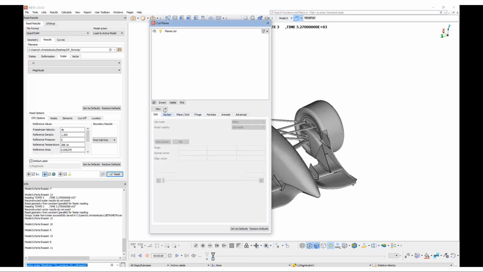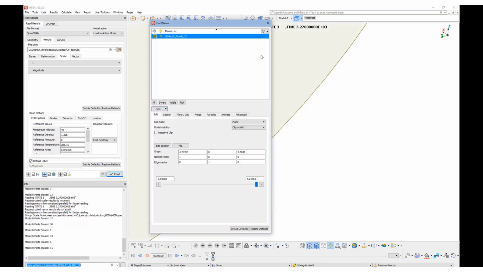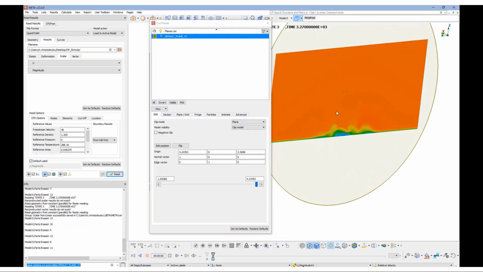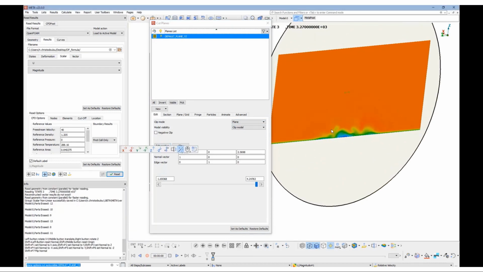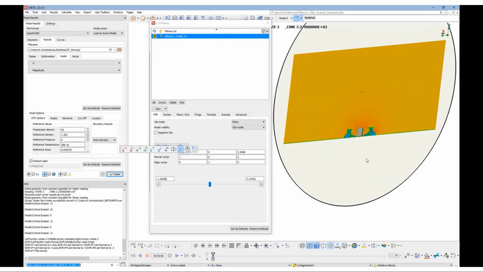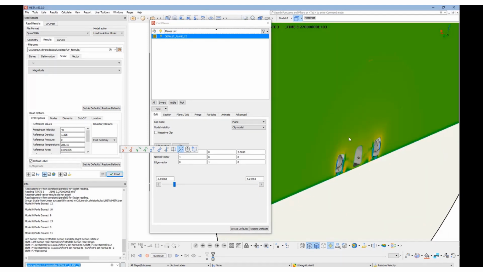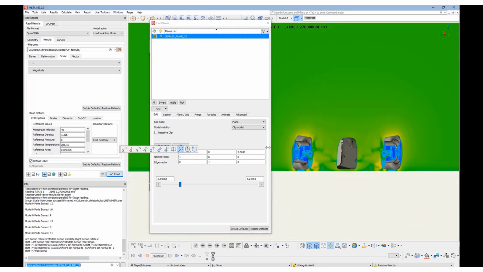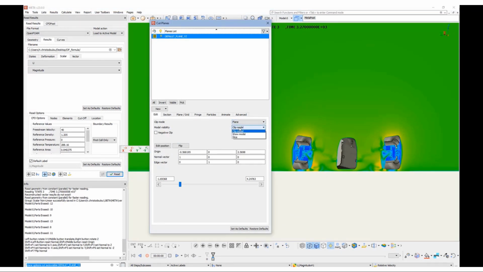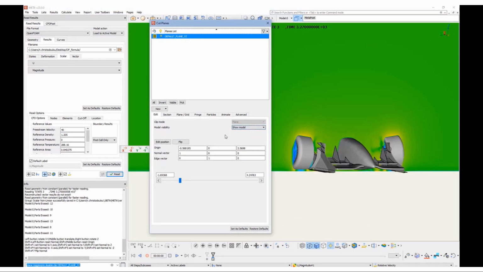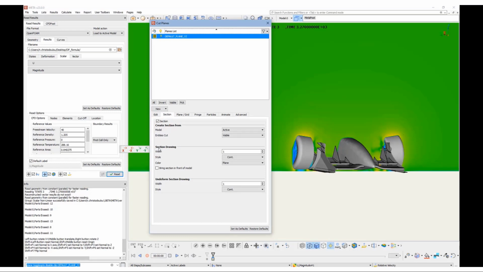And now it's time to have a look at the cut plane functionality. Let's create a new cut plane oriented normal to the x-axis. And let's edit the position now by selecting the cutting plane, pressing edit position, and dragging it, keeping the middle mouse button pressed. As we see now, the model is clipped by the cut plane. Let's change that.